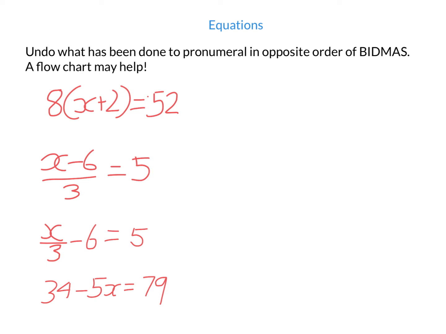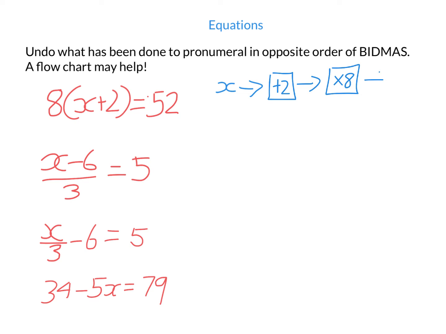Sometimes the solution might be x equals 7.2, so you'll be sitting there a long time trying to come up with it off the top of your head. So the process I'm going to show you is flowcharts. What we do is we tell the story of what happened to x. In this equation, we took some number x we don't yet know, we added 2 and then timesed by 8. I know I did things in that order because of BIDMAS. What happens in the brackets comes first, then we multiply by 8. So we took x, some random number, then we added 2, then we multiplied by 8,